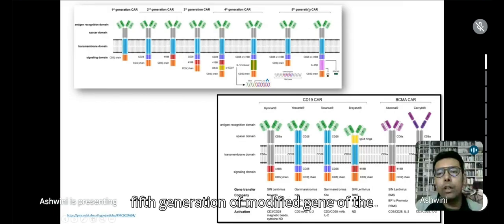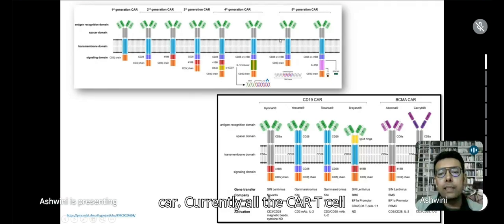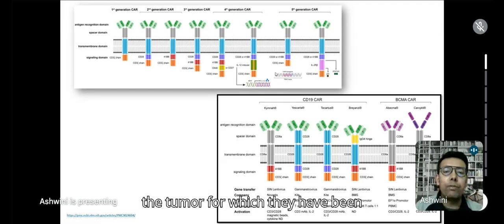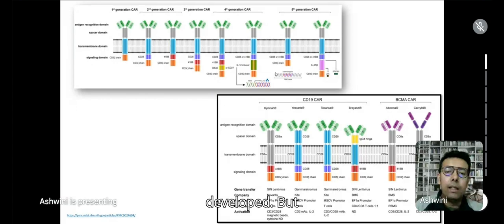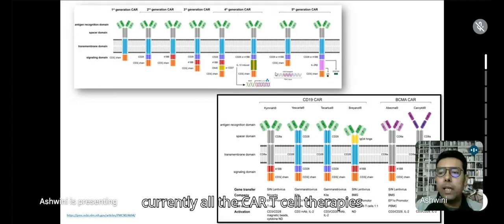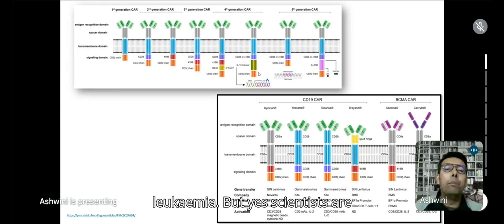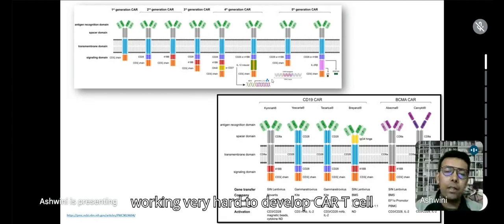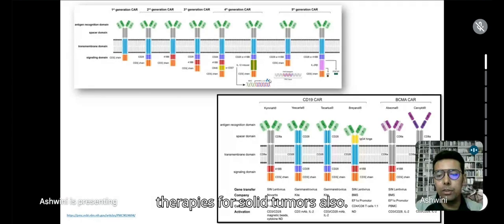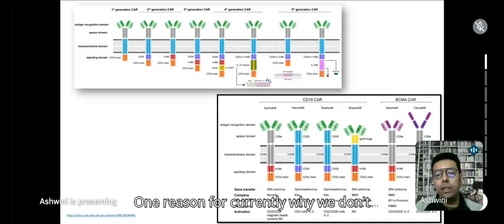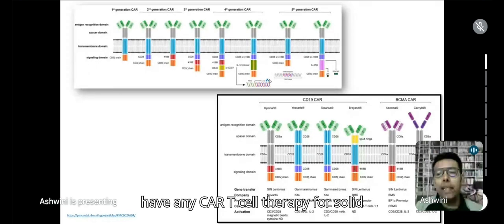But with the fifth generation of modified gene of the CAR, currently all the CAR T cell therapies which are there for clinical use are extremely specific to the tumor for which they have been developed. But currently all the CAR T cell therapies which are there in the market are only for blood cancers or different types of leukemia. But yes, scientists are working very hard to develop CAR T cell therapies for solid tumors also. One reason why we currently don't have any CAR T cell therapy for solid tumor is again tumor